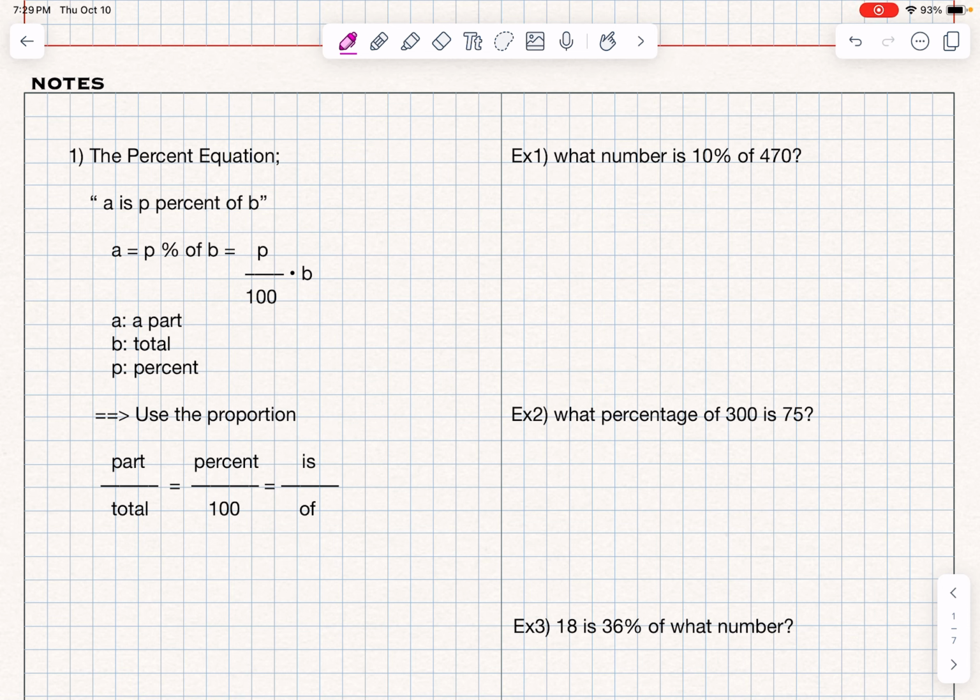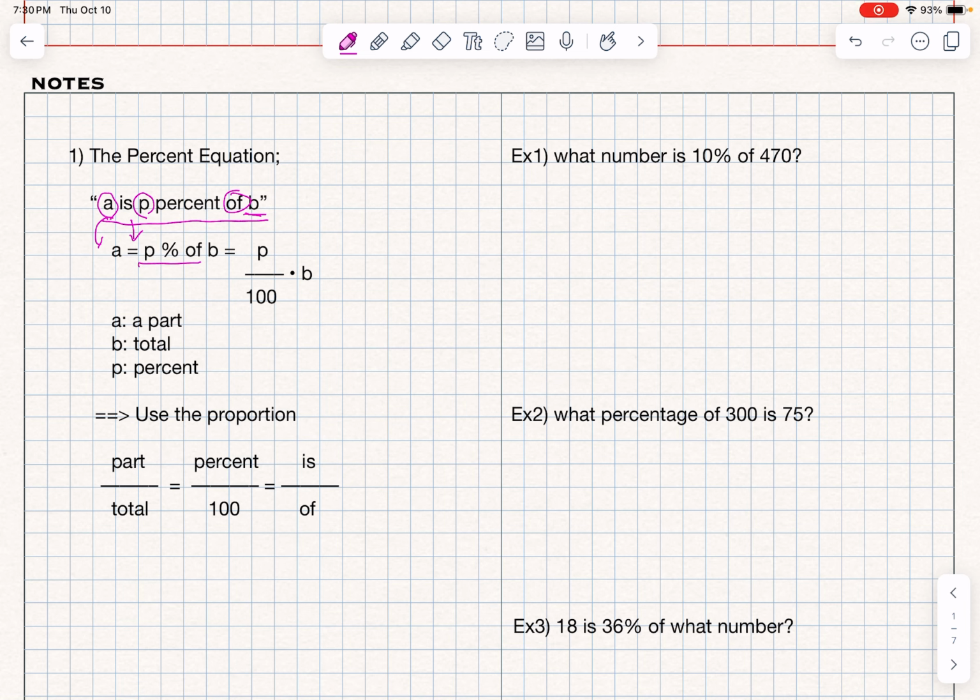or we can change it to the proportion. So first, when you change it to the percent equation, you can set up the equation as A is P% of B. So what is A and what is P%, what is of B, then you can change A is as equal P%